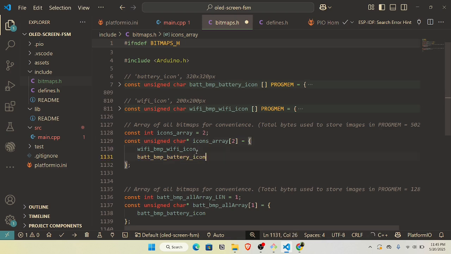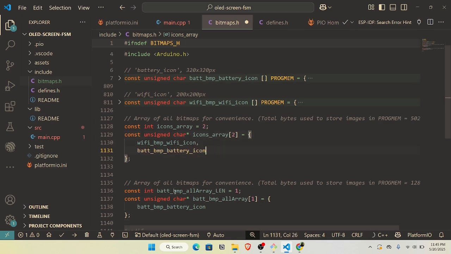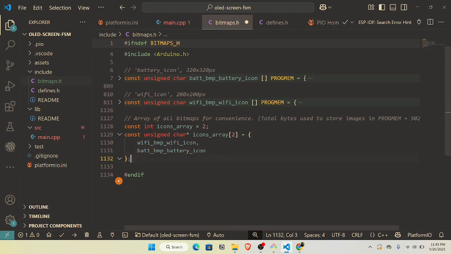I'll paste this battery there, then just delete this. Okay, delete that. Right, so we already have, now we are ready to implement this in our screen, or rather on our screen,